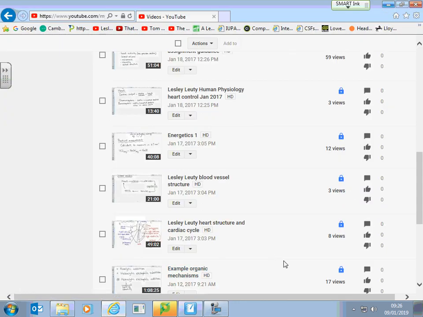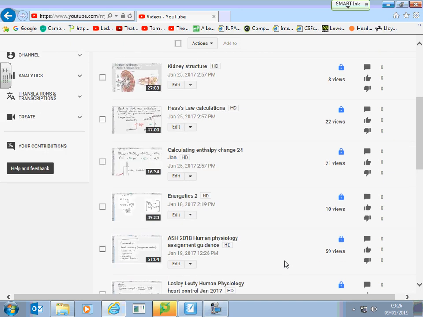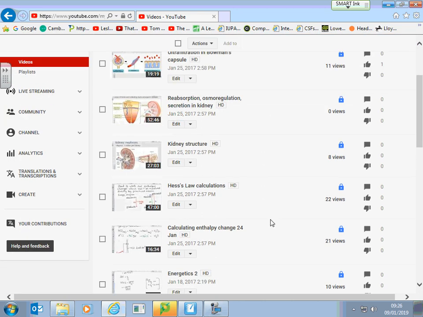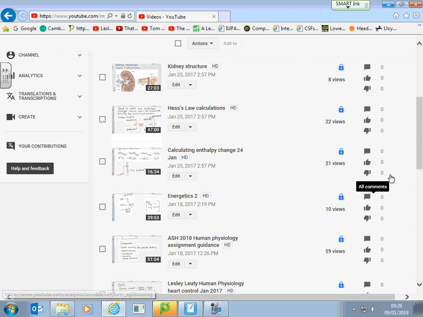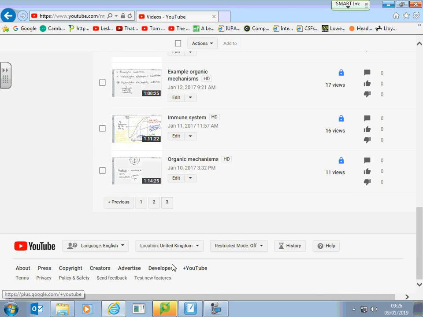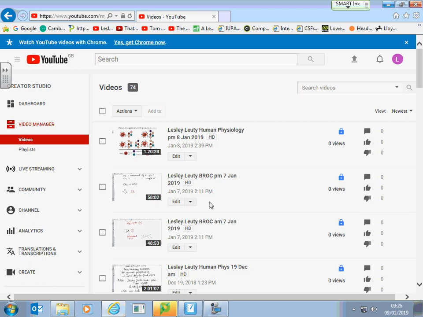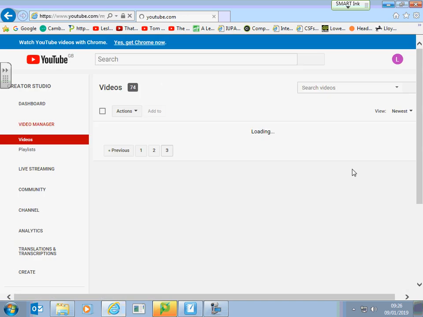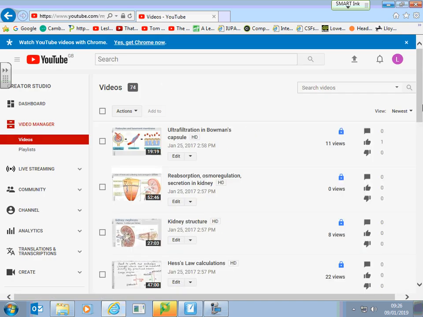it comes up, for me, I get a list like this. So they don't have my name on, but there's a couple there on the kidney structure, and then some of the other stuff. Hess's law calculations are to do with the chemistry. Actually, I think that's page 2. But I've just gone through, no, it's page 3, isn't it? No, page 1 is what we're currently doing, isn't it? Page 1 is the newest ones. Hang on, if I go to page 3, I could see some on there, actually.